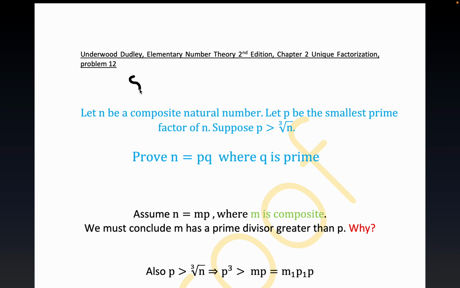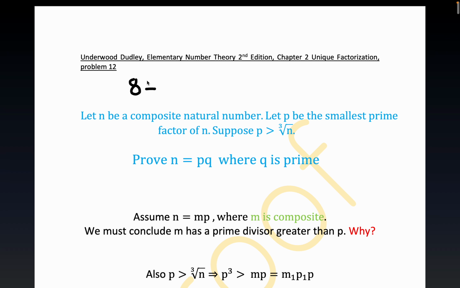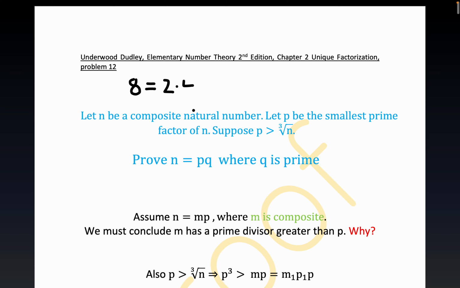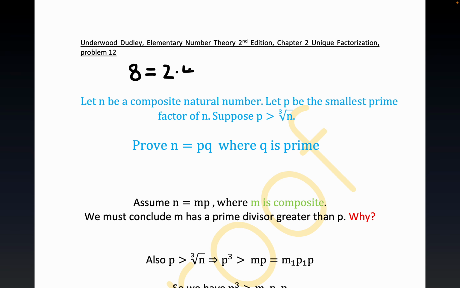Composite number, before I get into this proof. So 8 is a composite number since it's equal to the product of two numbers that are not equal to 1 or 8. All right, so 8 is equal to 2 times 4, and notice that 2 and 4